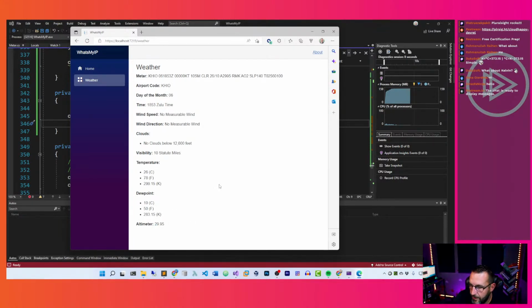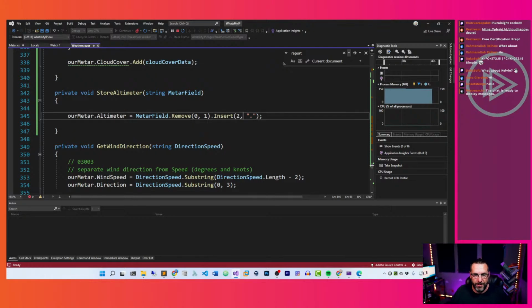That's too easy. One of the reasons I love C# and .NET is this. One of the reasons I love Blazor is because it's like this super easy put together thing. I mean, today, as we've been going through this stream, we're adding fields. We added this Kelvin field just kind of out of nowhere. And it's like, we add a field to an object and boom, put it in a Razor in a couple minutes. Super easy. But one of the reasons I love C# is there's so much built-in stuff that we don't have to do a lot of regex and string manipulations. We just have to put .Insert 2 period, and it's going to insert, because it is 29.92